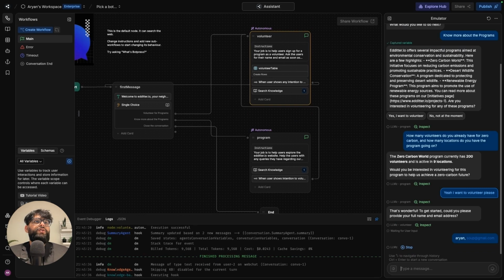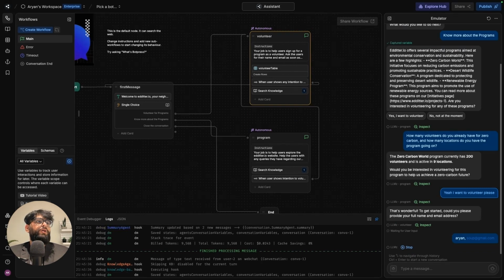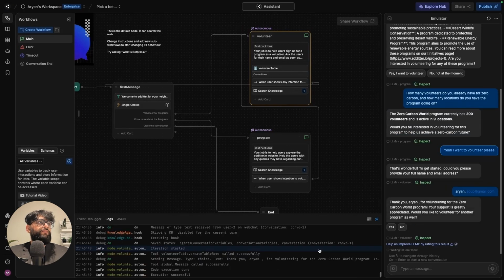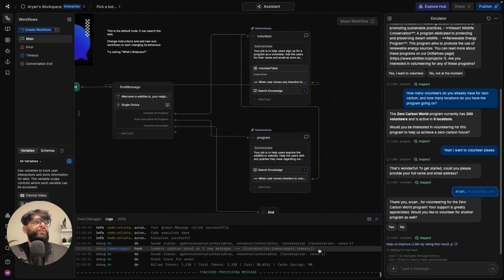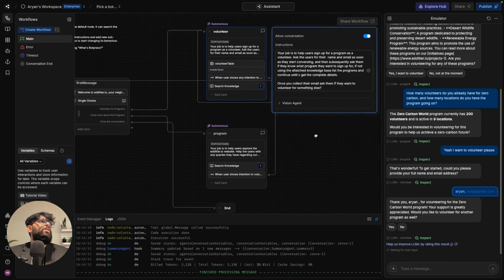Okay. And let's wait for it to run. All right. So, yes, the volunteering was done. Your support is greatly appreciated. Would you like to volunteer for another program? So, this comes from our question, our instruction over here, where we asked it. Yeah, you can ask them if they want to volunteer for something else once you have collected their email and